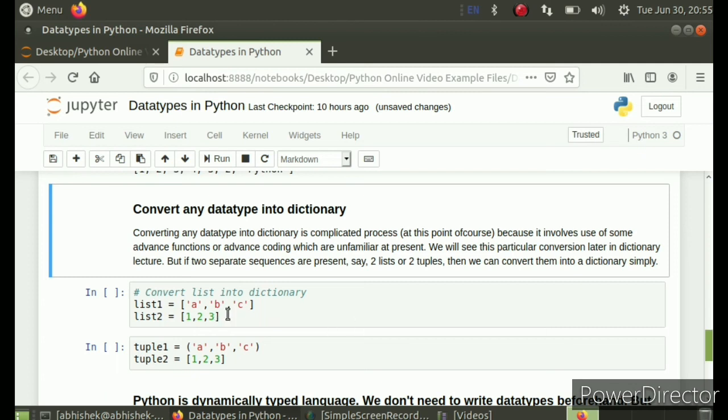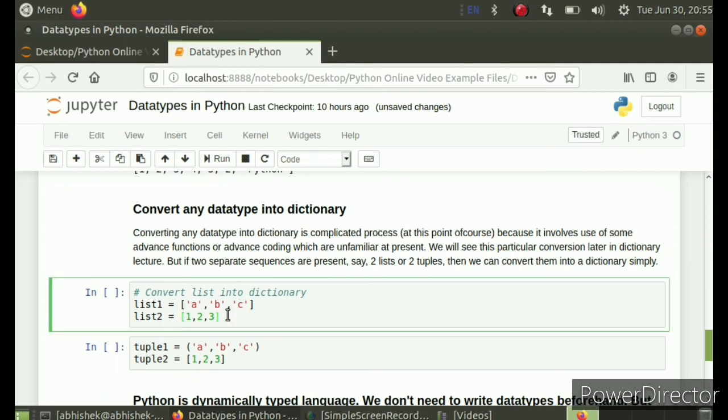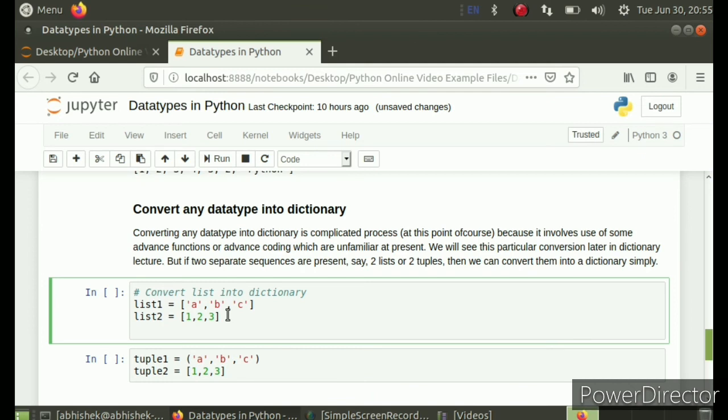At this point we see how to convert a list or tuple into a dictionary. Now dictionary needs key value pairs, so I have used two lists here. One list will act as key and another as value. The dict keyword is used, and the advanced function zip is used. In zip I am passing both the lists, list1 comma list2,